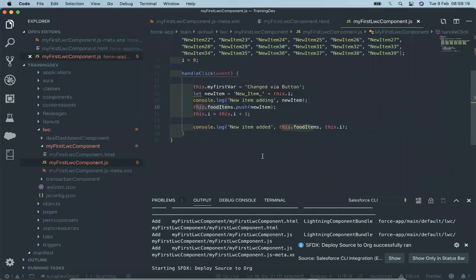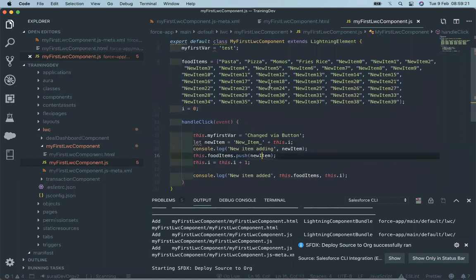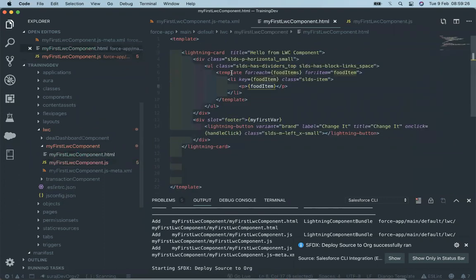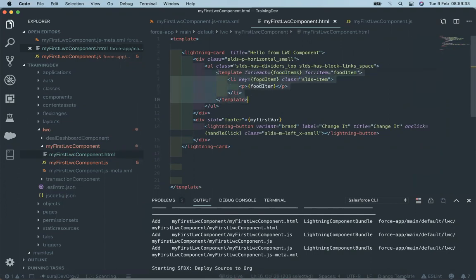Since it is an array, we just need to push the new element up here, and it will populate all the values via the iteration. Whenever we need to work on a list, we put the list element up here and the variable name up here. The important thing is that after the for each template, there must be a tag, and that tag must have the key value up here, so that any duplicate value will not be populated inside this template.